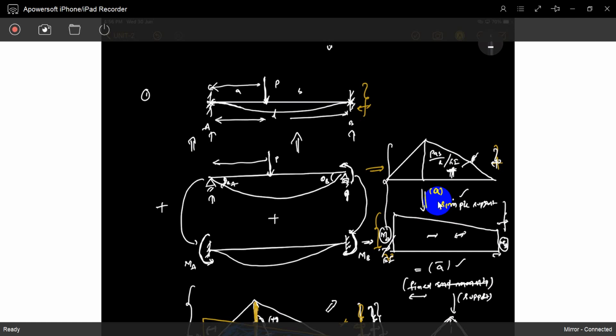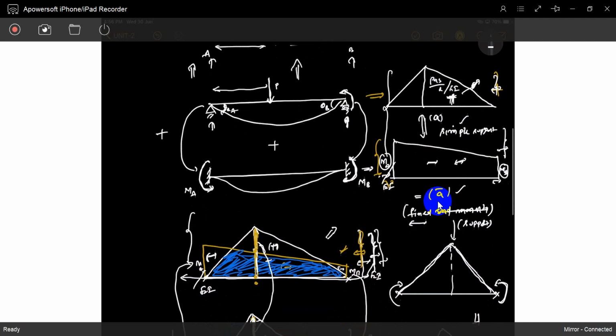That is the first: the area of the simply supported beam. The area of the bending moment diagram of the simply supported beam is equal to the area of the bending moment diagram of the fixed supports. Both are equal. Are you understood? That is one thing. This is positive, this is negative. Both are equal. That is the one extra equation we required. We got it.